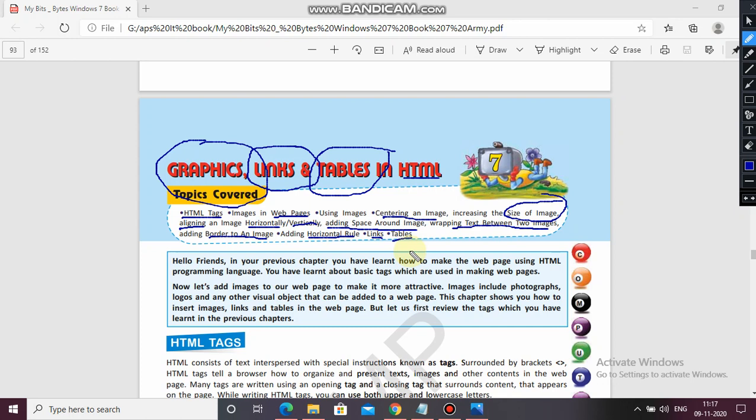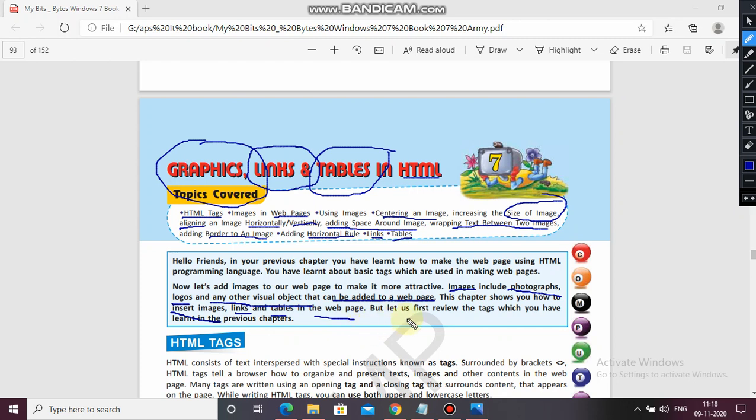Sometimes the text is not clear to you, then you use the picture to understand things. Clear? Images include photographs, logos and any other visual object that can be added to a web page. It means you can include images, photographs, logos also. So this chapter shows you how to insert images, links and tables in the web page.